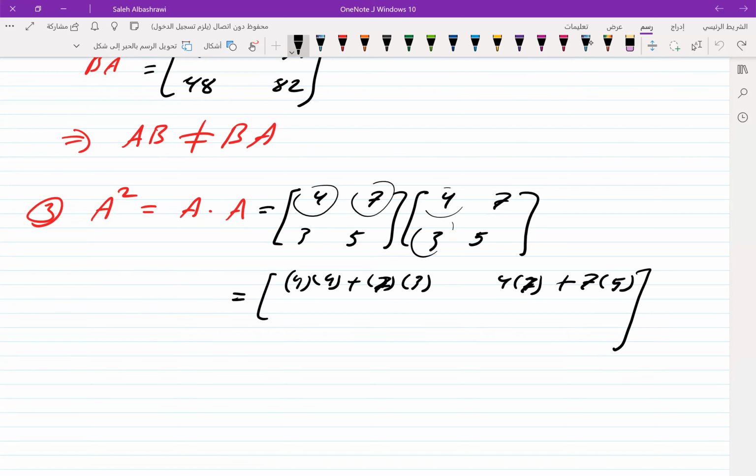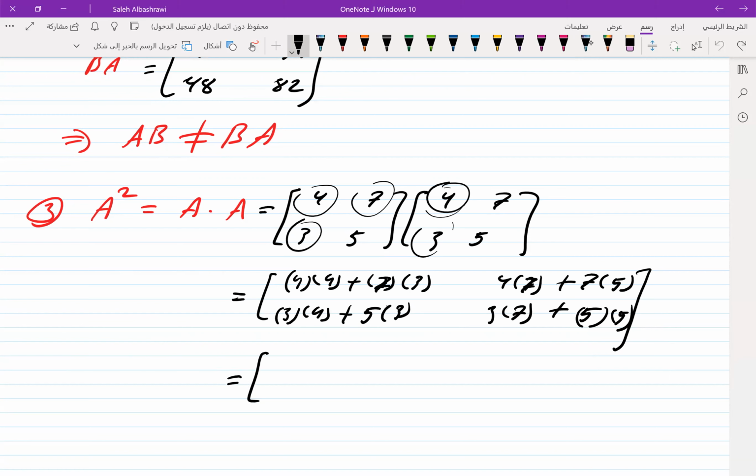Now the second row will give me this one with 4. It's 3 times 4 plus 5 times 3. Next one is 3 times 7 plus 5 times 5, which is equal to